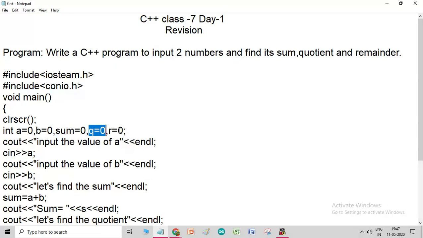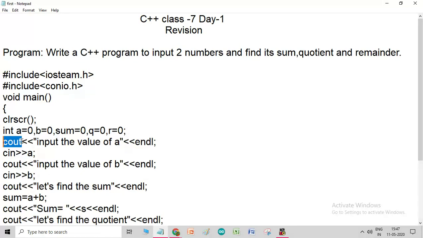Then r for remainder. Now cout, what does it do? It helps to print messages, variables or constants on the screen, used to display information on the screen.